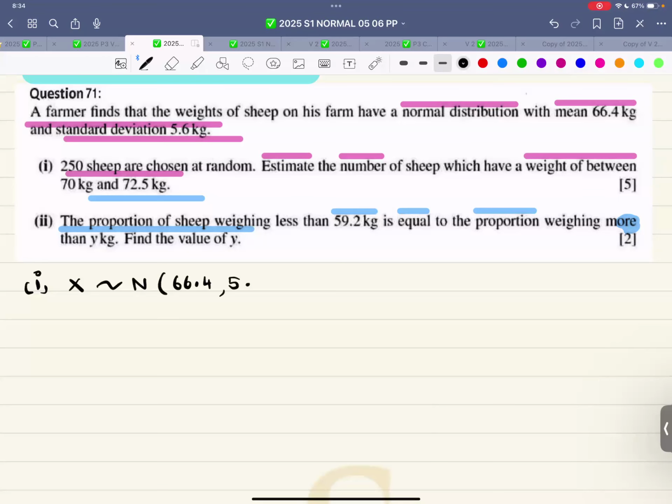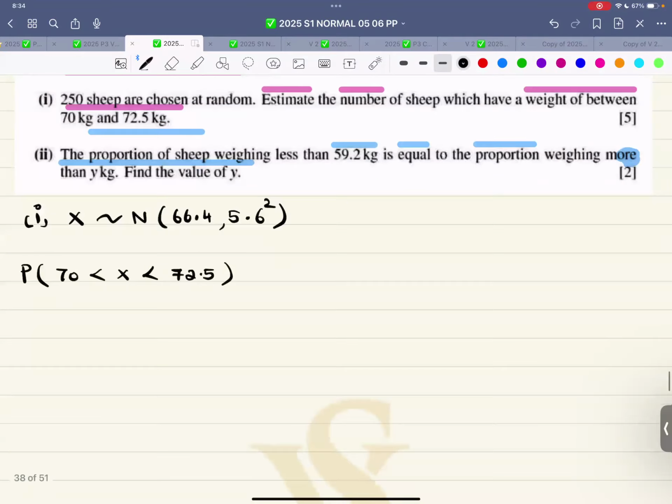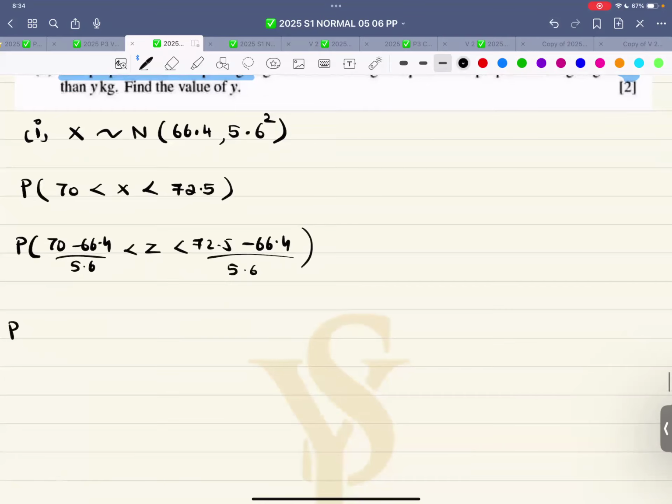66.4, 5.6 squared. Weight between 70 and 72.5. Probability x lies between 70 and 72.5. Probability, this is 70 minus 66.4 divided by 5.6. This is z. 72.5 minus 66.4 divided by 5.6. 2.4, I think, was in the previous one. Probability z lying between two values. And I can simply quote it from the result